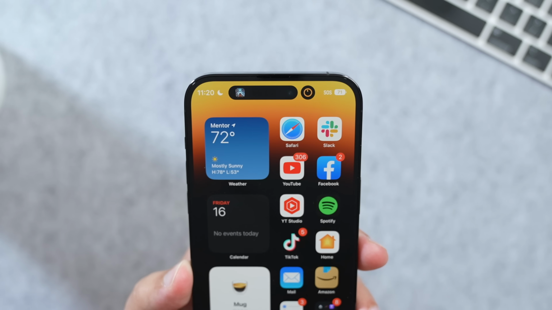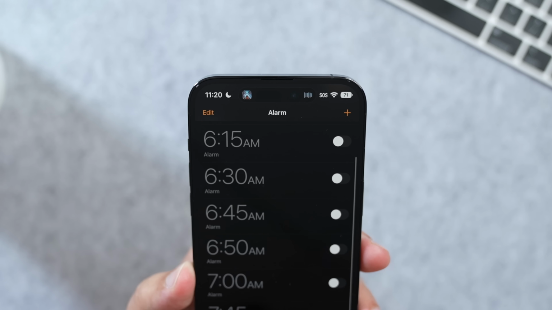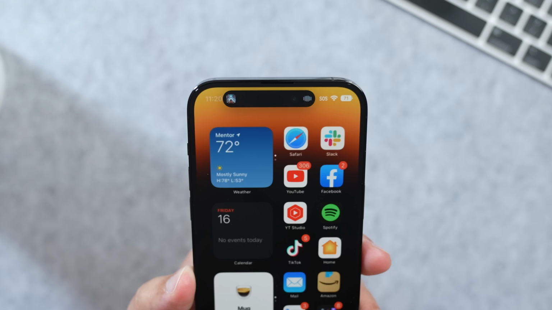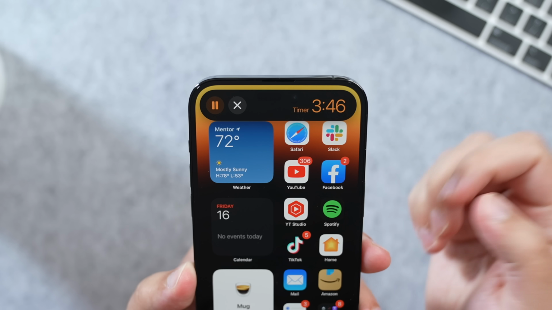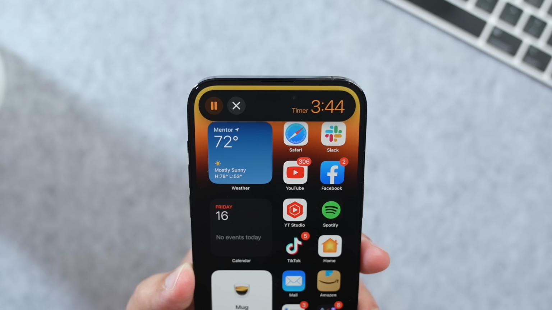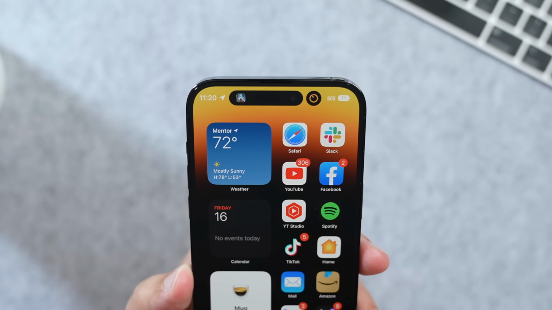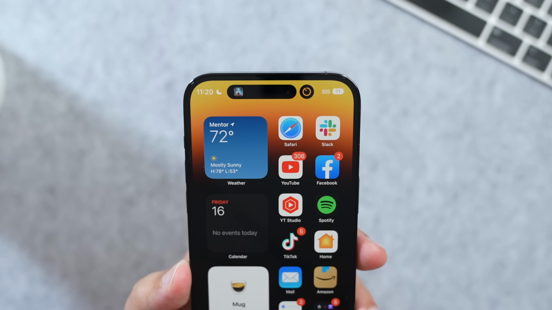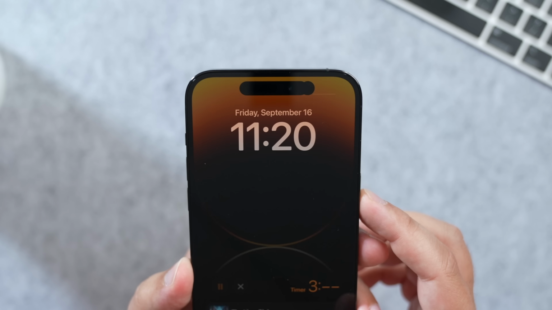You'll have the main, longer pill shape cut out for the current app that's probably taking priority, and then it splits off into the little hole off to the side here where you'll have the secondary function. It's very nice to have this, and it's easy to switch and tap back and forth between those functions or apps. Now, technically, the music does fall under the live activity section, as that's something that's currently going on within